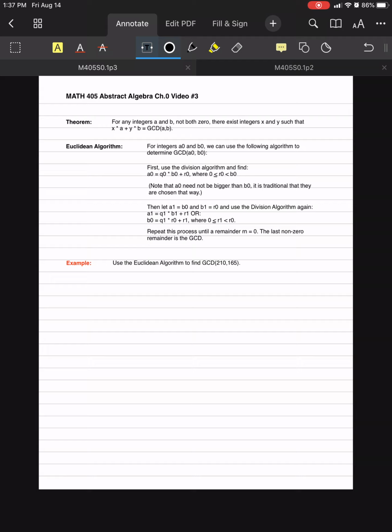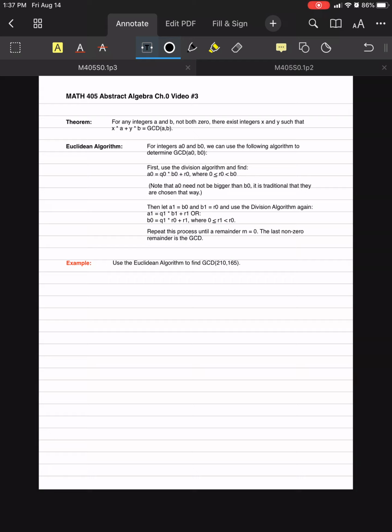If they're both 0, we don't have a way to define that, but if at least one of them is non-zero, we can define it. And usually you don't worry about it in the case where one is 0 anyway, but you can define it there. Then there exist integers x and y such that x times a plus y times b gives you the